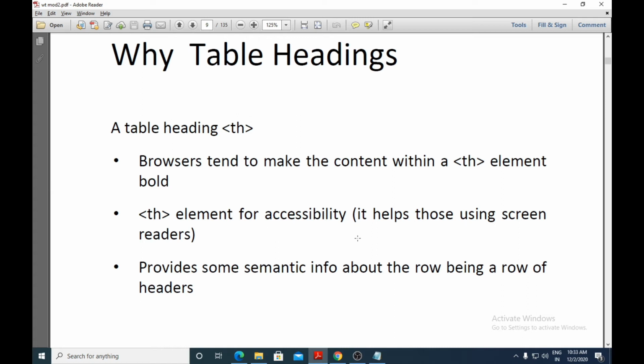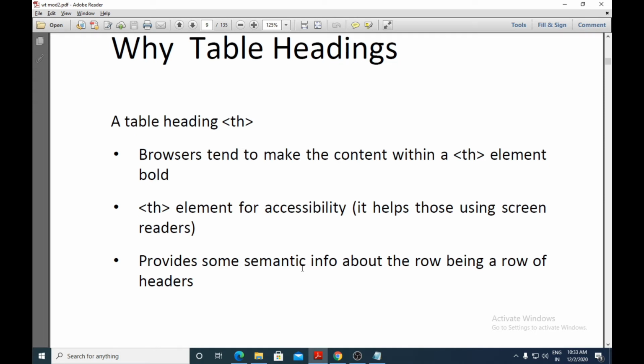It helps those using screen readers. Whoever is using screen readers, it will be easy for them if you use the th element. It also provides semantic information about the row, being a row of headers. So if you're using the th element, then that entire row will be considered as the row of headers.